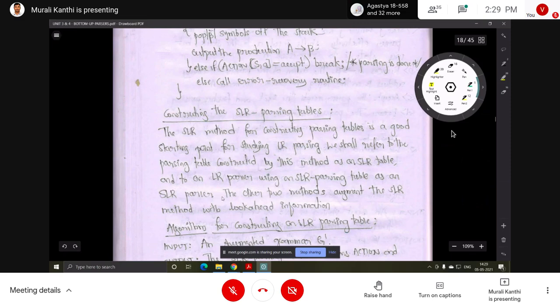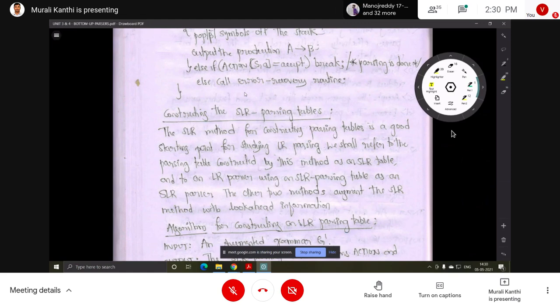The other two methods augment the SLR method with look ahead information. So the LR parsers are of three types: SLR parser, CLR parser, and LALR parser. Now we are going to see the SLR parser only.